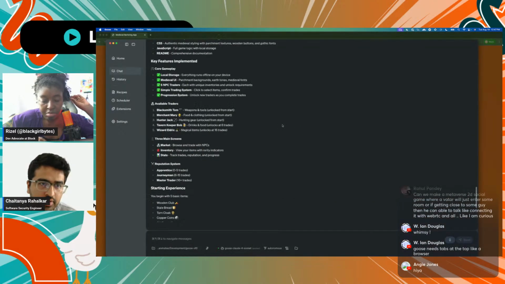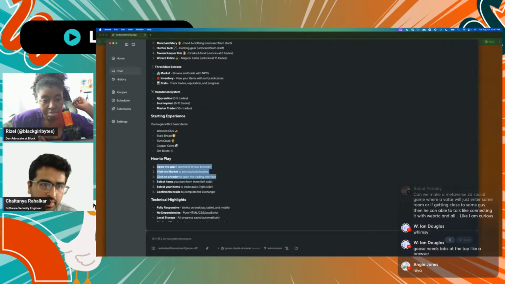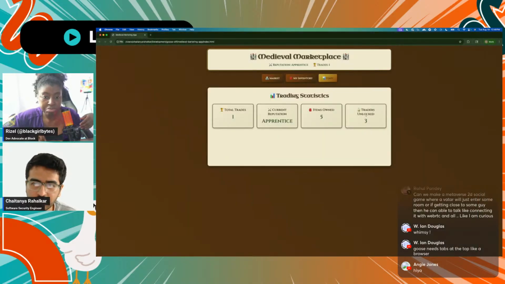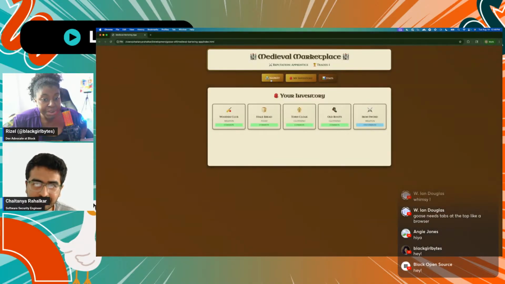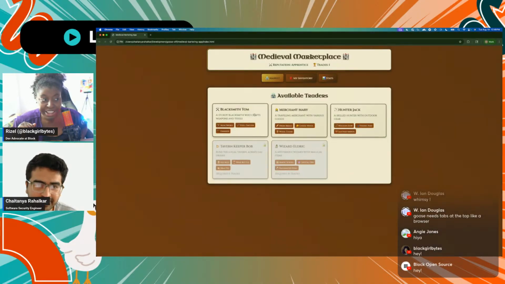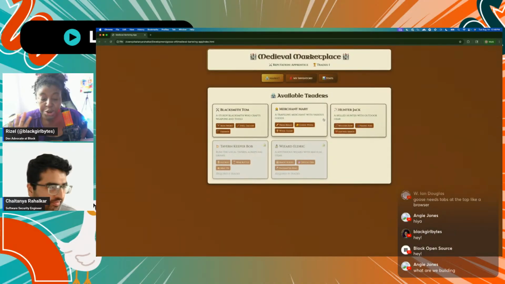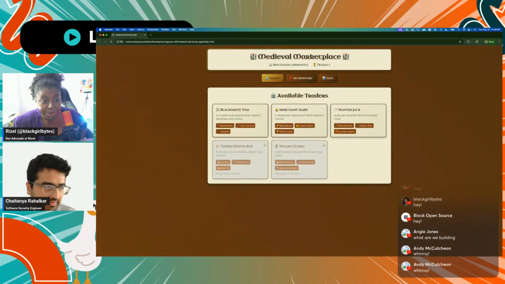And we have this reputation. I think it decided to create a reputation where if you do 0 to 5 trades, you are a beginner, then you are a journeyman, and then finally 16 plus where you'll be a master trader. Okay, I'm impressed at the level of detail. When I go back to Andy, I think Goose missed one part, where we're trading modern day items like a Stanley Cup for oat milk or something like that.